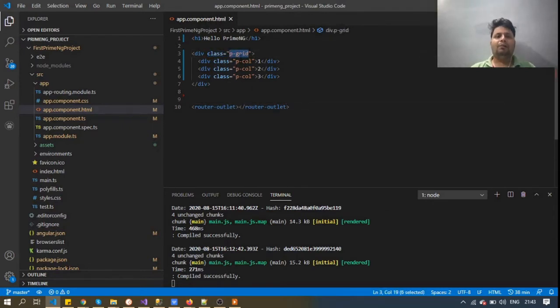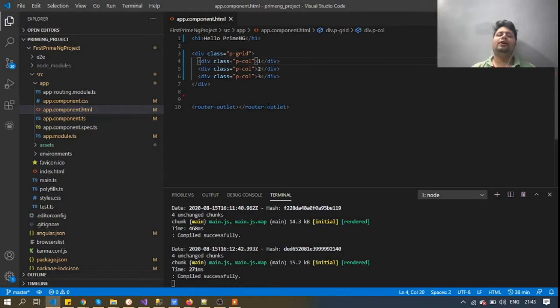So p-grid is nothing but a grid, and in this grid we have 3 divs, and each one contains p-col. What it will do is divide the row into 3 equal parts, because we are not mentioning anything after col.